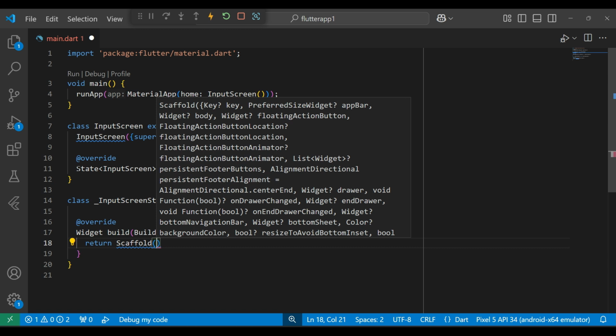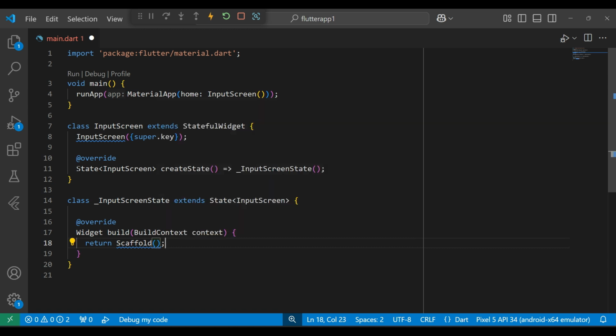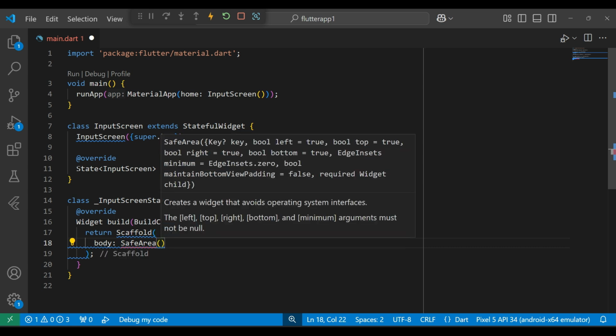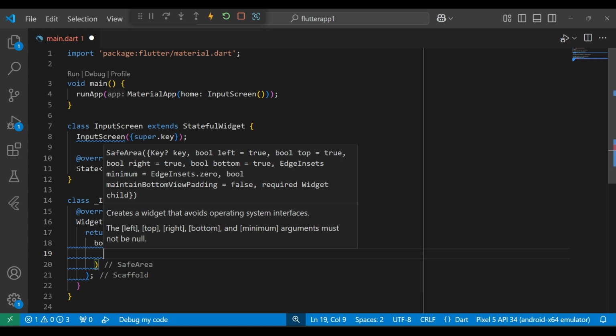And in the scaffold widget we want to call the safe area widget, body safe area, and child